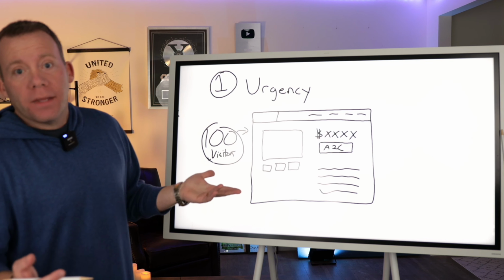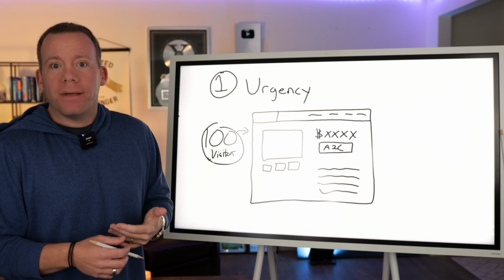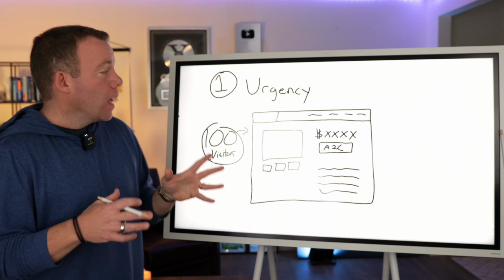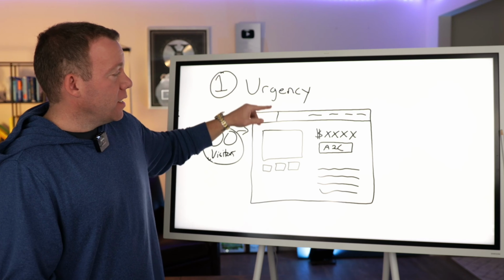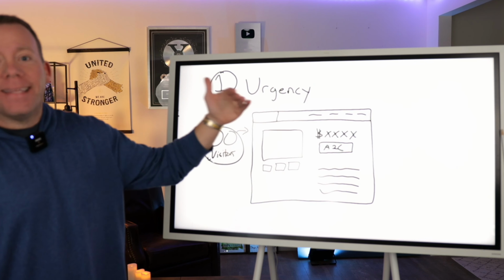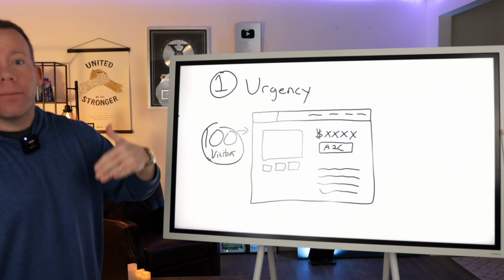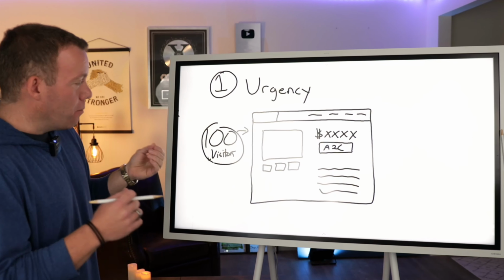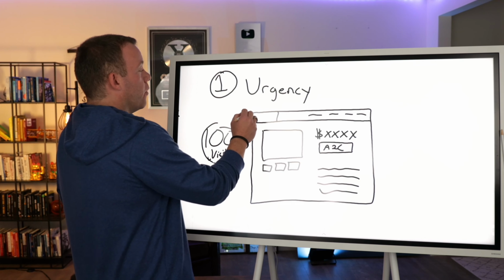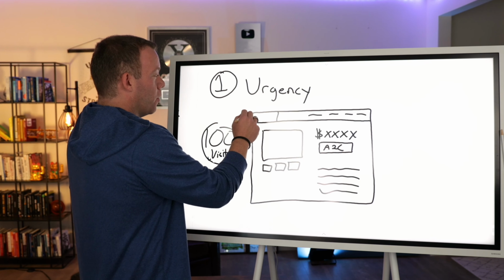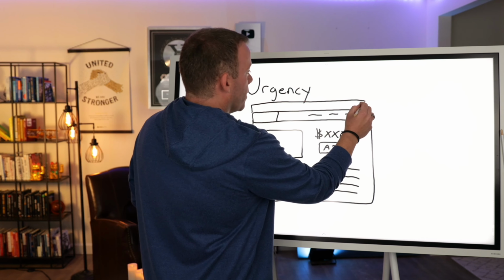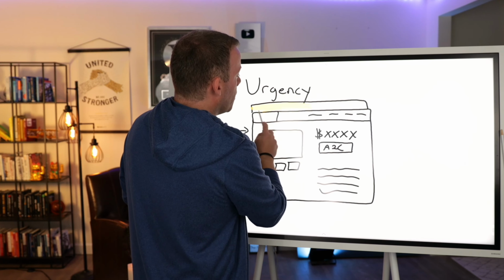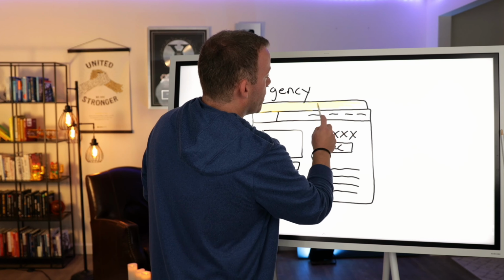Well, okay, better than nothing, but over that week or two, maybe they decide to buy a different surfboard. Maybe they decide to buy somewhere else. What we want to do when using urgency is give them a reason to buy now, after they found us, when they're the most hot they could be in terms of reasons to buy, they're the most engaged. So what we do here for urgency is, on top of our normal product page here, we add something called a notification bar.